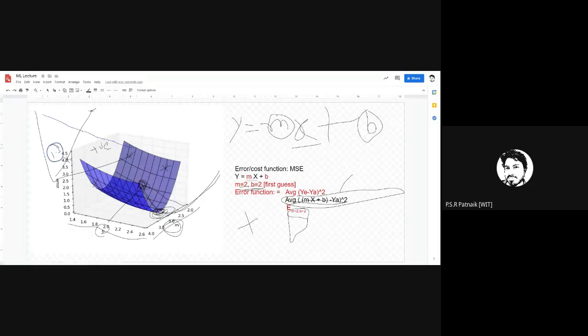For example, if I have a line like this and you calculate the slope, you will always get a negative value. The slope is always negative. For a linear equation, it should be y2 minus y1 by x2 minus x1. If you take just the division of this, it will give you a slope. So when you consider linear equations which drop, and you calculate the slope, what does the slope give you? A direction where the function has the highest value.